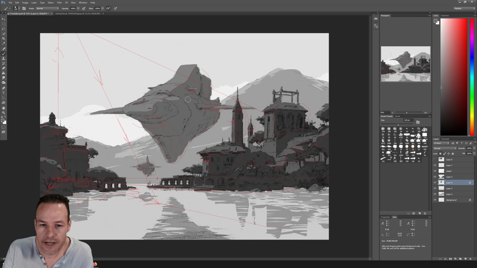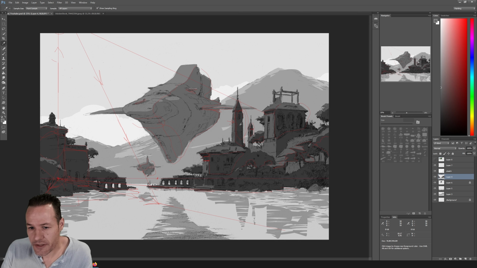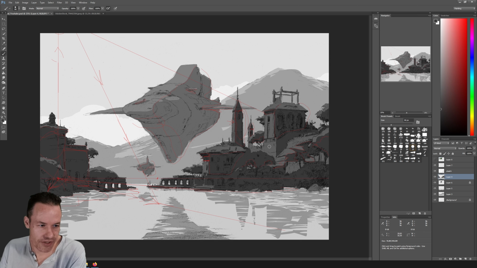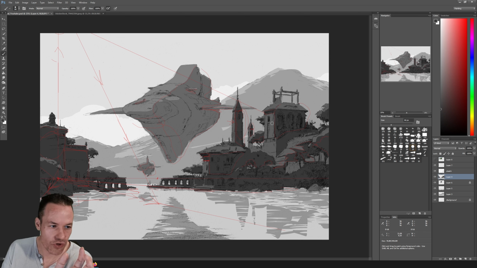So we can always correct stuff if we feel that we made a mistake. And then let's go into these buildings. Up to now we only have averaged a tone for an object, and then averaged a shadow tone. So we did not take into consideration up to now what is the actual material or the actual color and how that would change the grayscale image. So that is what we're going to do next,